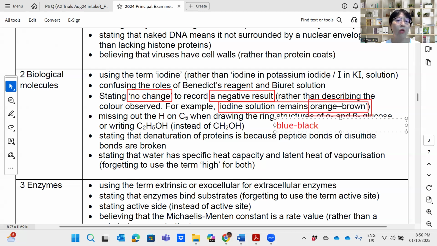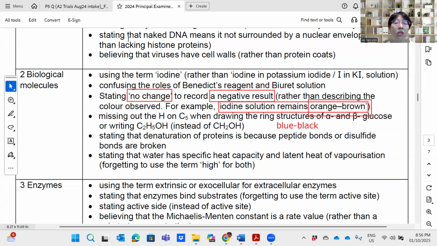The examiner's report last time says you cannot write two colors together. Blue is blue, black is black. You cannot write "blue black", but actually the actual color is blue-black. So if you want to write blue-black, you must put a dash there. Okay, so this is where I want to bring to your attention, because in Paper 5 you also need to write